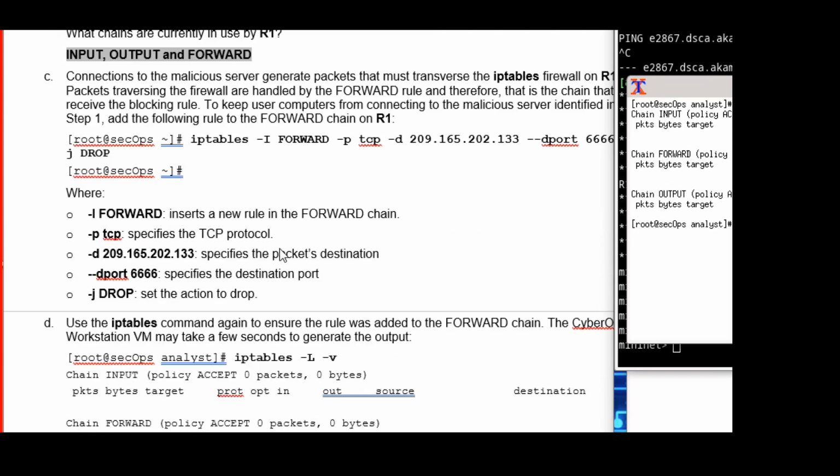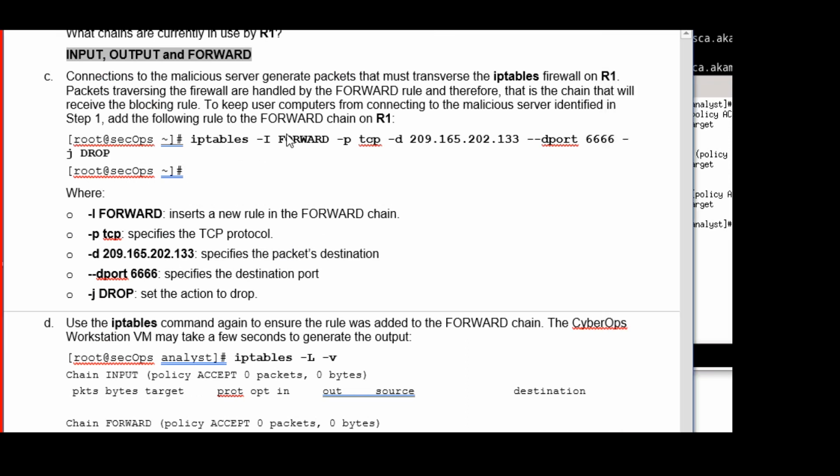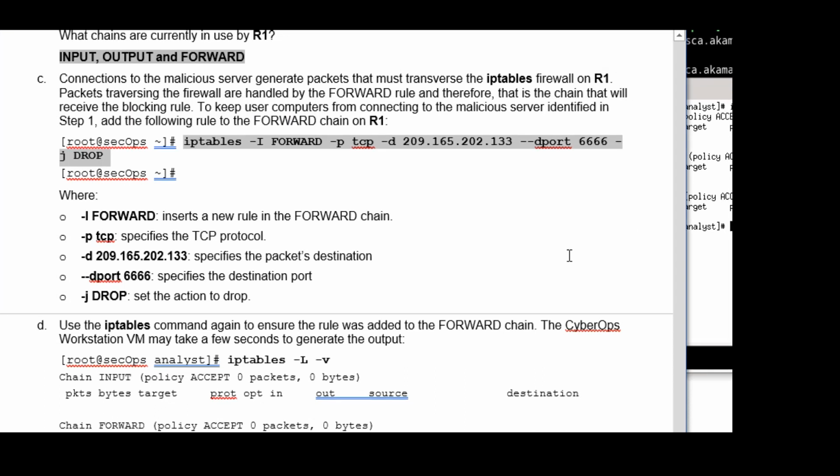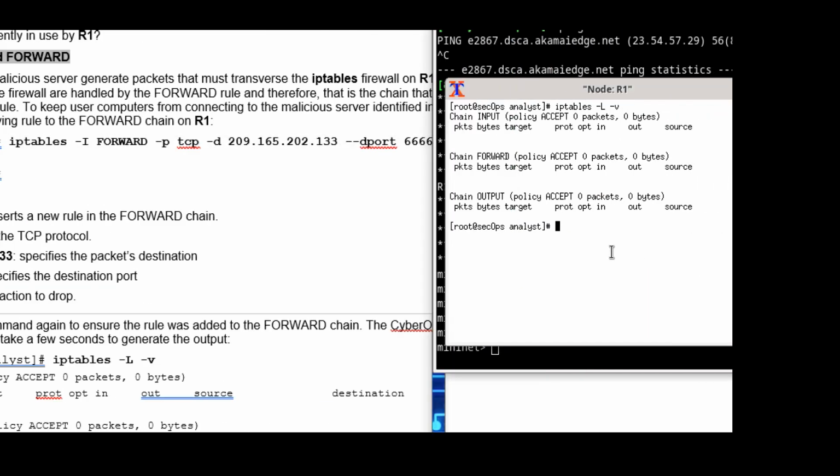Okay, part C, we are going to use the firewall and define a firewall rule so that whenever there is an event that occurs, we will trigger it and display it on the screen. So the firewall rule will be something like this. iptables -I FORWARD